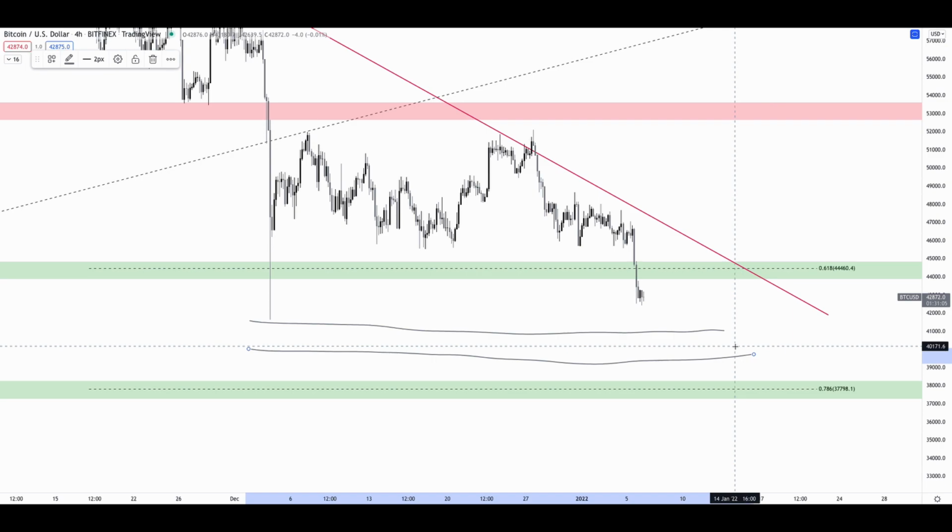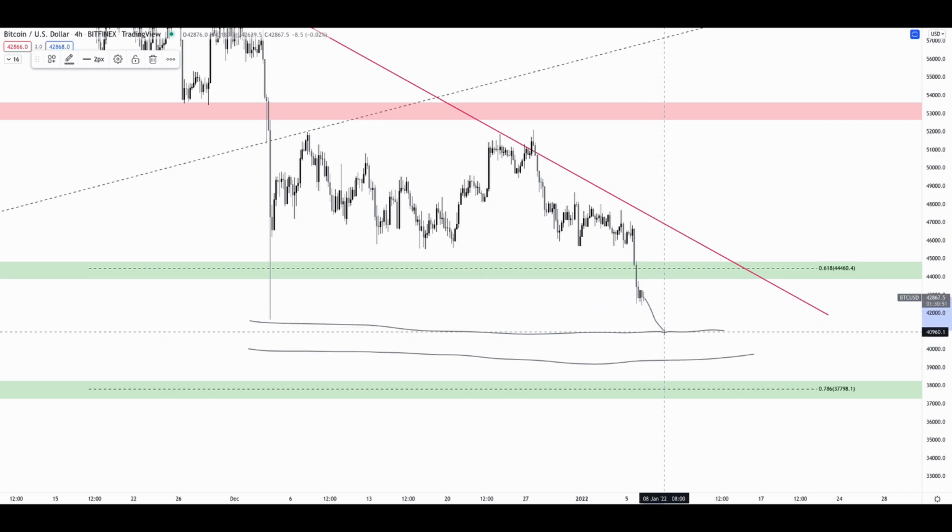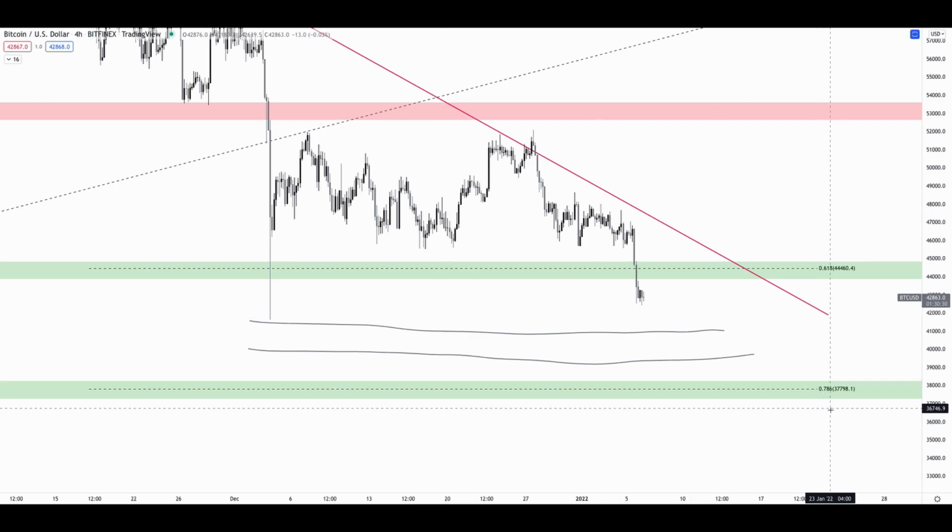But again, reverse psychology applied to this. If you were a whale and you knew that people were expecting a bounce at 42K and 40K, and that there were a lot of bids here, what would you do? Would you make sure that it bounces exactly at these support levels, or would you create a fake out, making it seem like it's the end of everything before you could form at least another lower high, right? The latter would be the more obvious case. And that is exactly why I have been saying 37.8K as the bottom for the current downtrend.